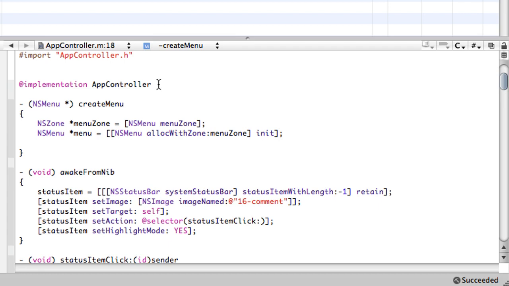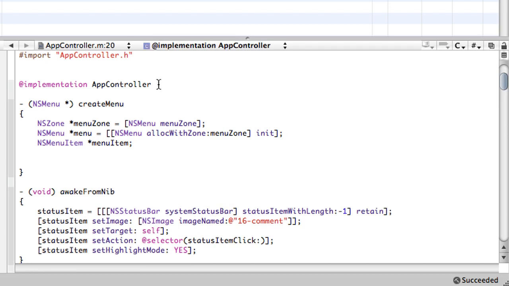There we go. And we want to add NSMenuItems to that menu. Each little option in the menu is a menu item. So in order to do that, we're going to do NSMenuItem. There we go. Now we want to add menu items to our menu, which is quite simple actually. We just take menu item,